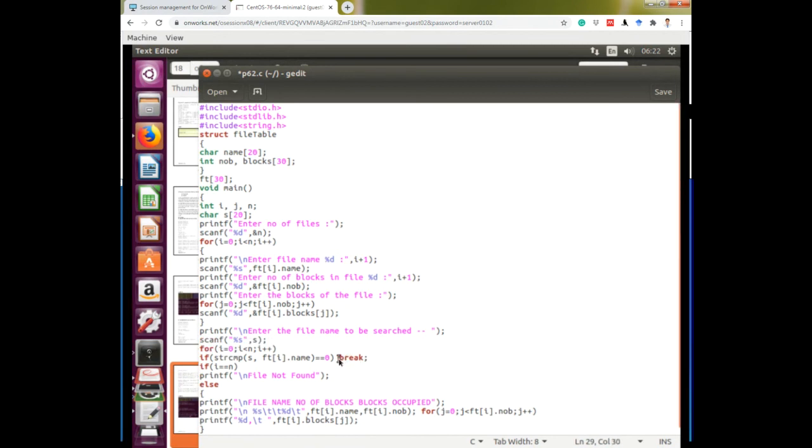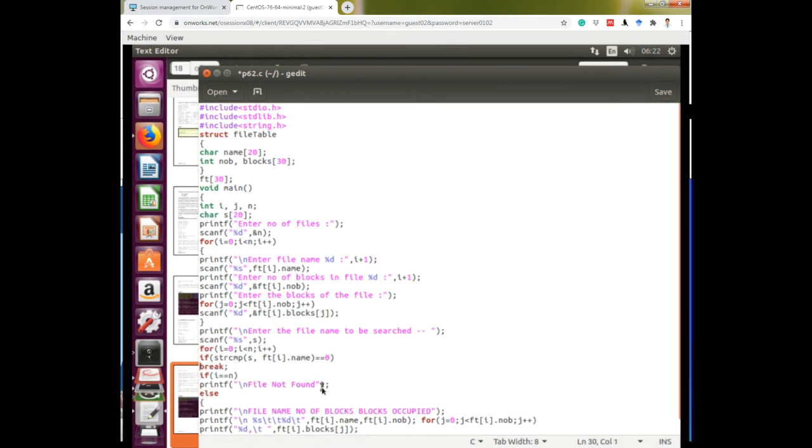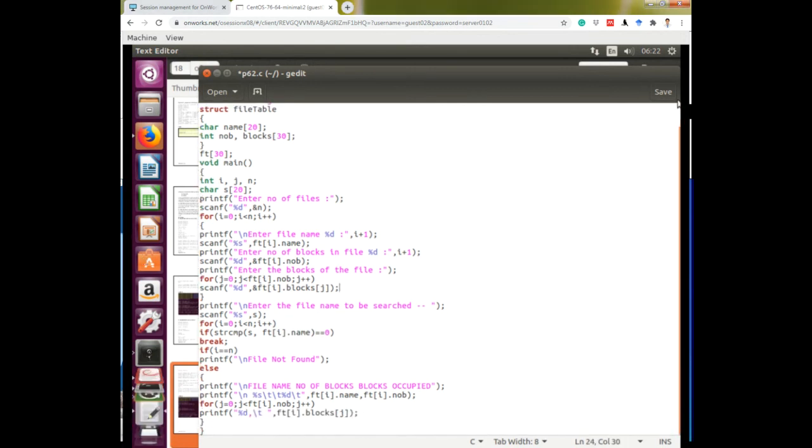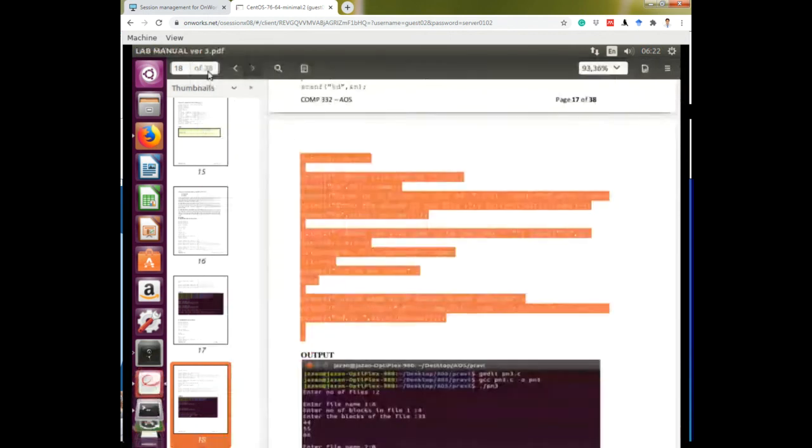This break on a new line, and this for also on a new line. After that, at the end, this bracket. Okay, save, close.